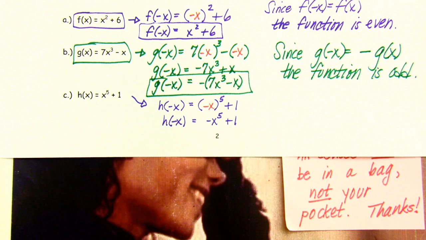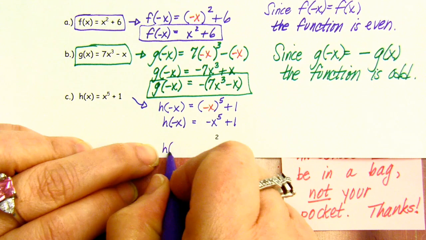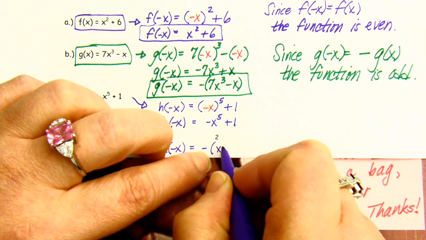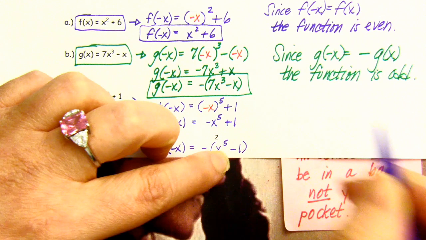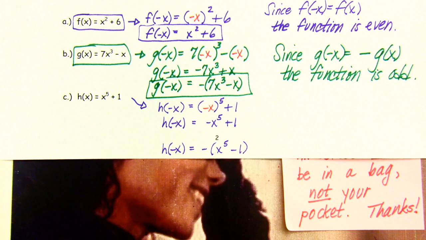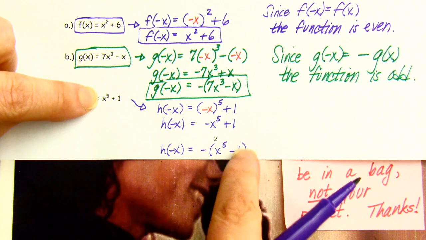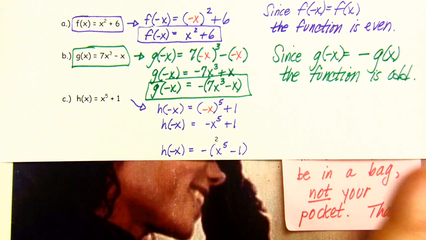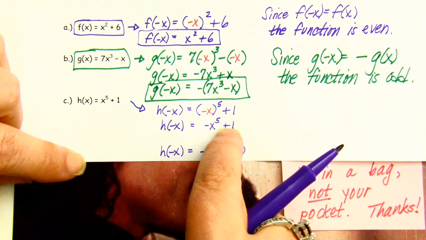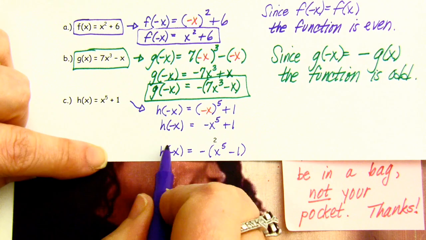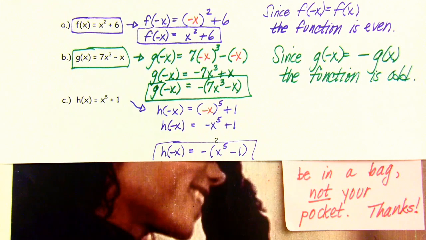If I were to take it a step further and factor out that negative, that would be positive x to the power of 5 minus 1. It's still not the opposite. It's just not, because this part, x to the power of 5 plus 1, is now x to the power of 5 minus 1. So they're not the same and they're not opposite. Because this is not the same and this is not the opposite of that. So this is a situation where neither, since